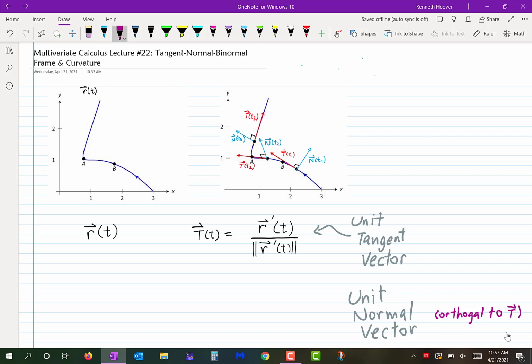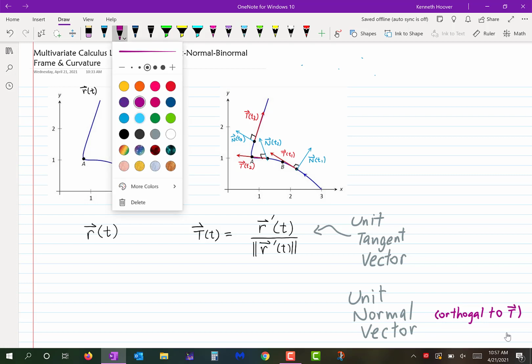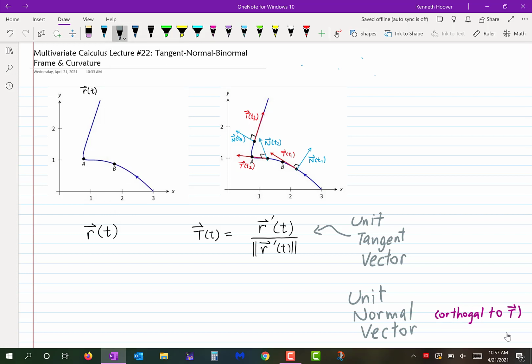Okay, but how do you calculate it? That's what I need to show you. Okay, so we have the unit normal vector, but how do you calculate it? Okay, here is the answer. It is equal to capital T prime